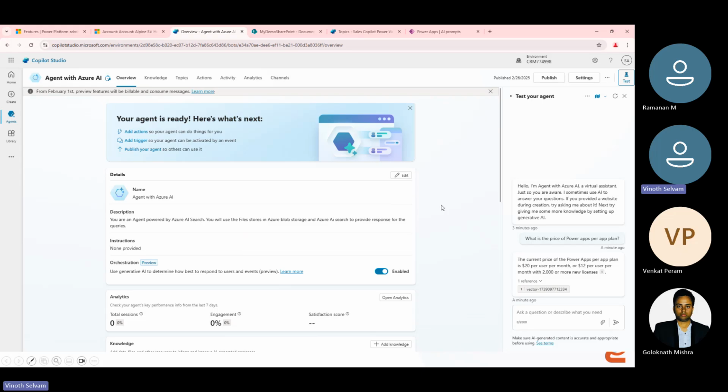Now you will be able to leverage all the AI services from Azure, which is actually very wide when compared to any other AI services. So you will be able to use those things in your Copilot and make it more powerful. And you can also ask why we are going to go for this particular Azure AI Search